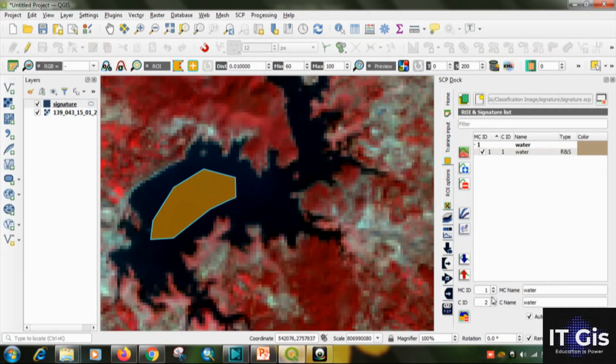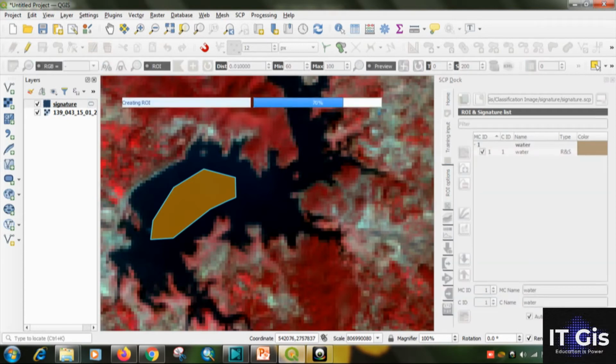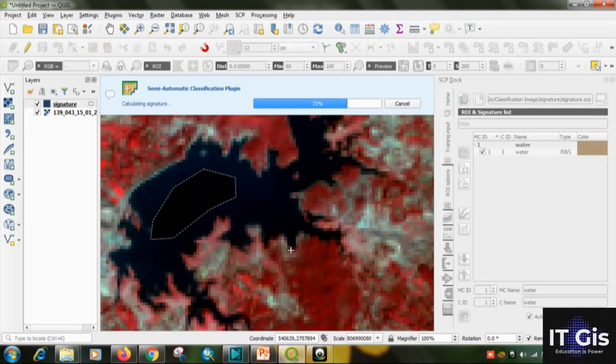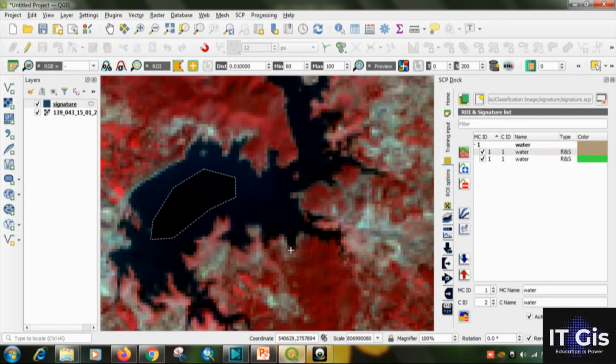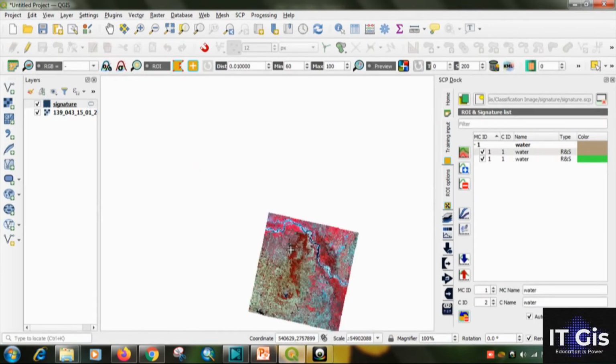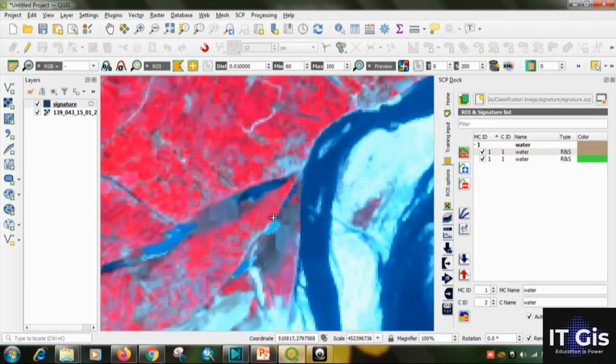Then give the MCID and CID name as ID as O1, and then click on save. So we take the second one, we take the third one also.